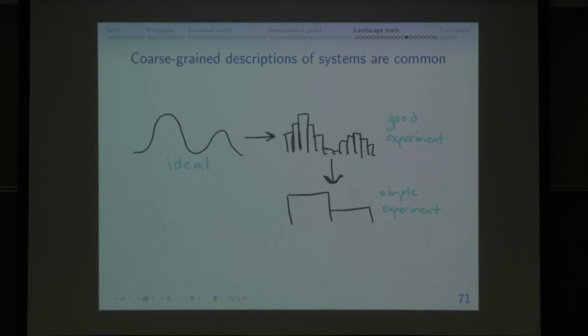If you imagine an ideal system where the steady state probability or some probability is like 2 peaks, if you imagine it as a continuous thing, you have a height associated with each real number, let's say. But if you do a real experiment, this is probably way better than what people generally actually do because these measurements are hard. If you do a real experiment, you tend to bin things.